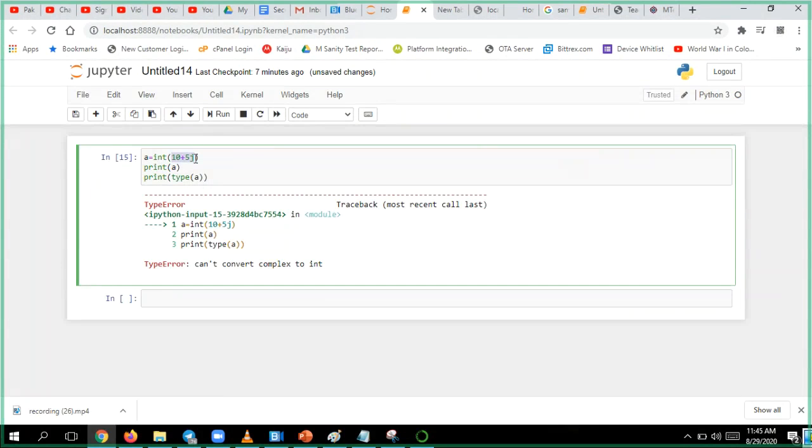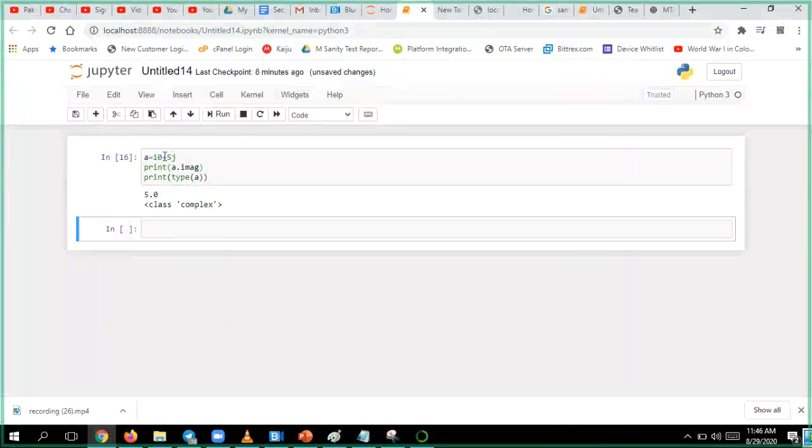Okay, remember that. If you want to access them, there is a possibility. What is that? This is the imaginary value, this is the real value. Anytime you have a complex value, if you want to access it, a dot imag. Yes, so the imaginary value is this one.